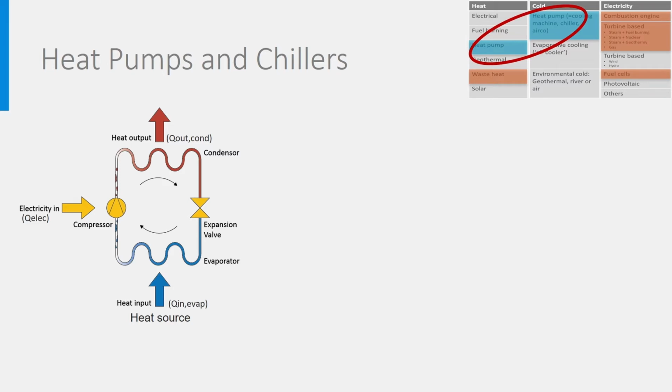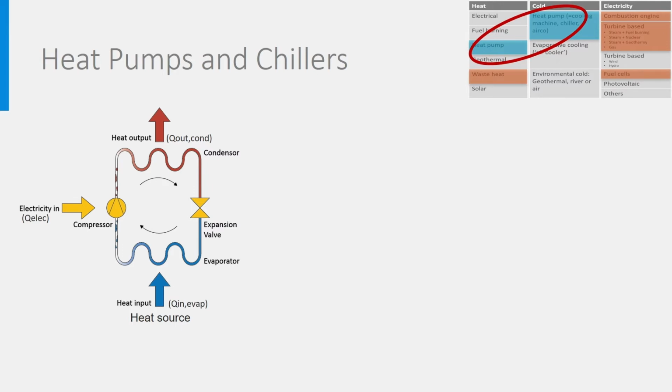Heat pumps and chillers make a clever use of the properties of liquid and gaseous substances, in particular the fact that the boiling temperature of a fluid depends on its pressure. The higher the pressure, the higher the boiling temperature. The boiling temperature is the temperature at which a liquid evaporates, but it is also the temperature at which vapor starts condensing. And when a liquid evaporates, it takes heat from its environment. When a vapor condenses, it releases heat to the environment.